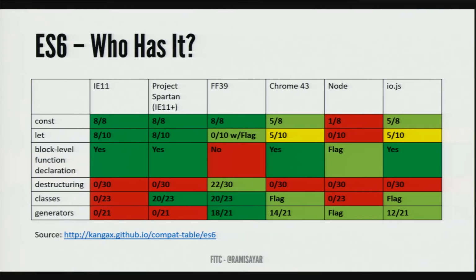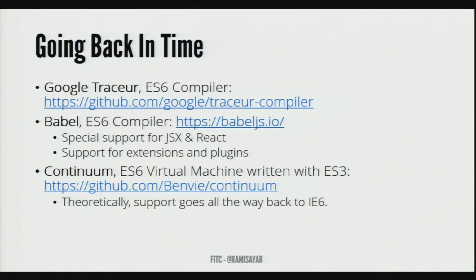So I'm really happy that Project Spartan has the let declaration. That makes me really happy. So if you're wondering, well, I want to use all these ECMAScript 6 features, but I guess I need to sort of go back in time, right? Like, I have to have an ECMAScript 6 compiler to the JavaScript that's in browsers right now. So there's a couple of tools that you can use. Among them is